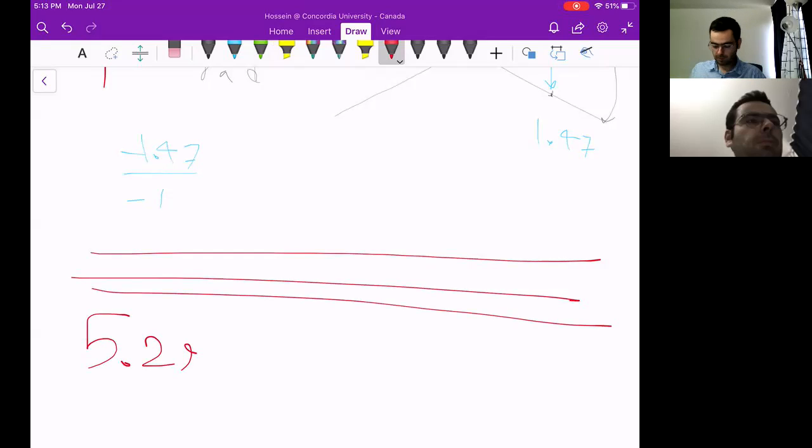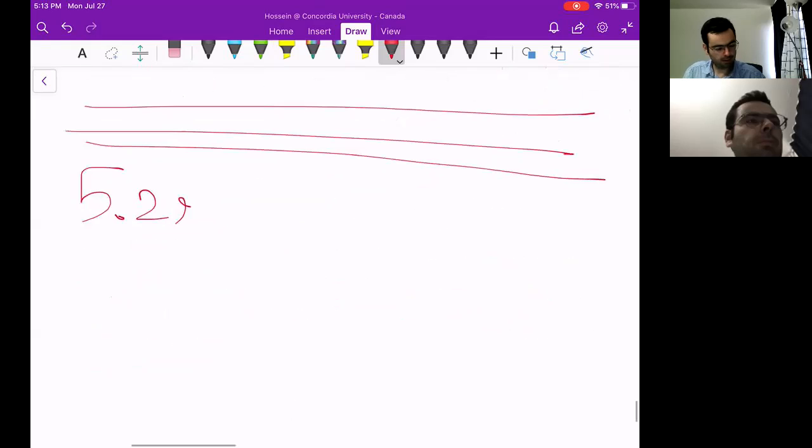5.29. We already solved several problems to find the natural frequency and mode shape. So 5.29 is also similar to what we have already solved. Determine the natural frequency and normal modes of the system shown here. It's a very simple linear mass spring system. I'll just give you the final answer. A simple linear mass spring system, the basic problem, which you could have M1, K1,